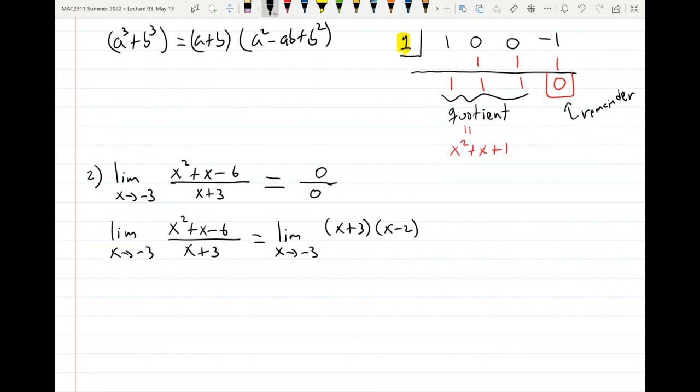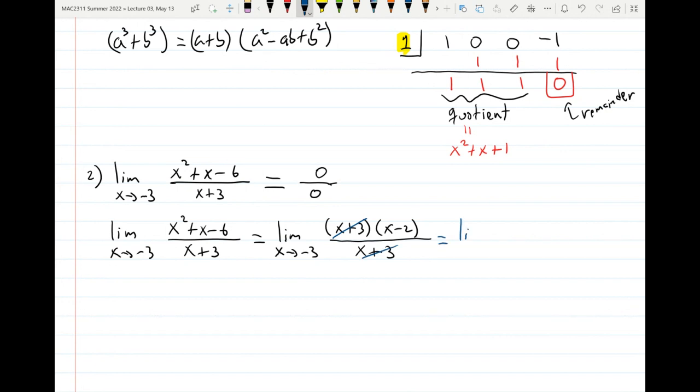So 3 and -2. 3 times -2 is -6, and 3 plus -2 is equal to 1. Again, if you don't find the numbers, remember, use division. You know -3 is a 0 at the top, so if you divide that polynomial by x plus 3, you will get the quotient, which is the other factor, x minus 2. Okay? All right. Now we simplify,